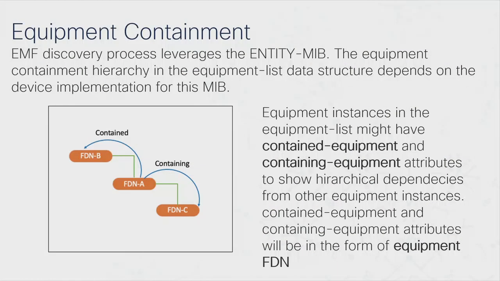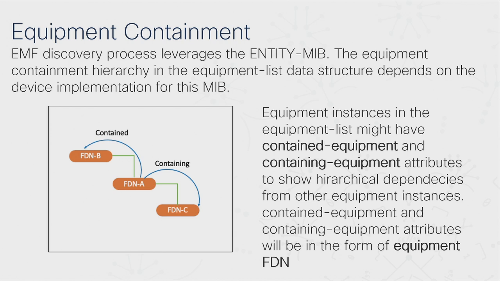Now, as we mentioned before, the output also provides the device containment in a hierarchical way. What does it mean? The discovery process leverages the entity map for discovering the physical asset, and typically every object in the inventory list has a referent index that points to its parent and provides the list of leaves. In the same way, when you look at the API output and the inventory list, every object in